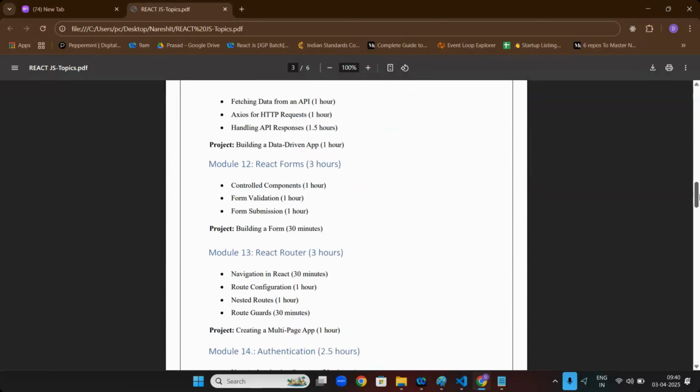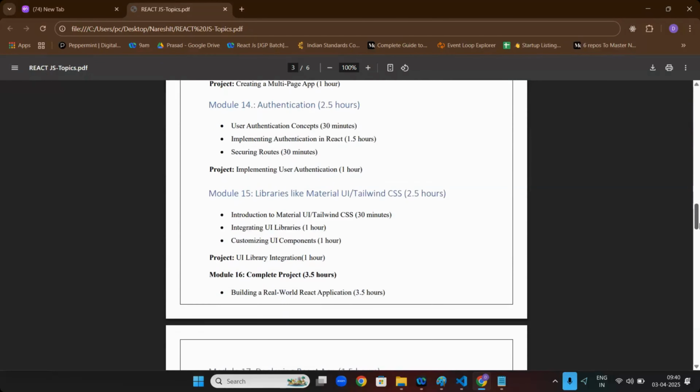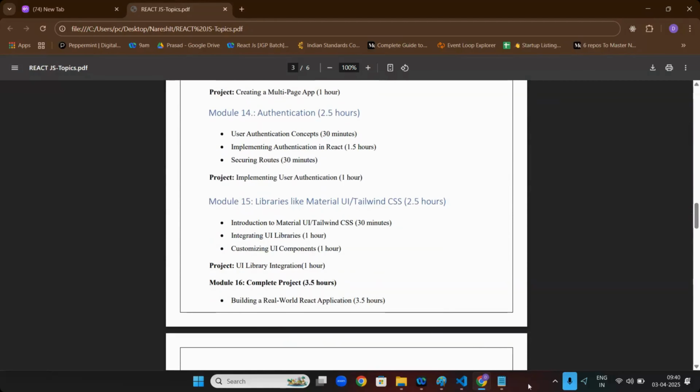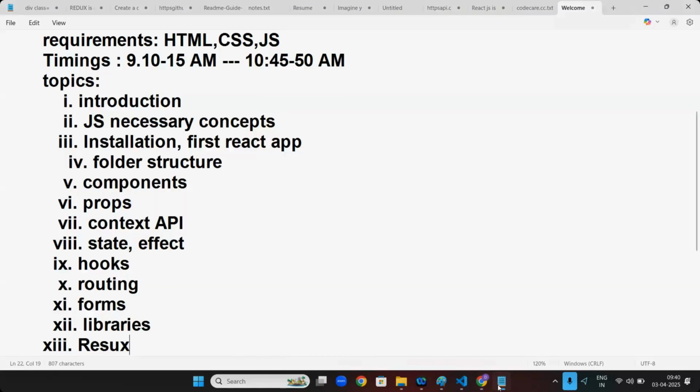Are you getting my point, online? I'm just giving you only headings now so that you will get an idea what is what. And later, once the drive or classroom is created, I will post the whole PDF, which you can check each and every point whether it's covered or not. Now, not Redux. Sorry, spelling mistake.